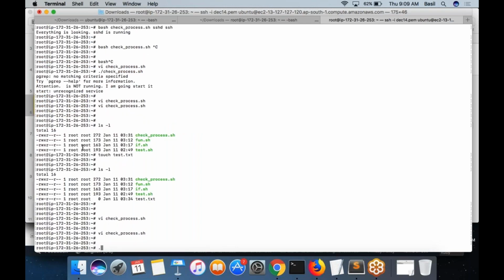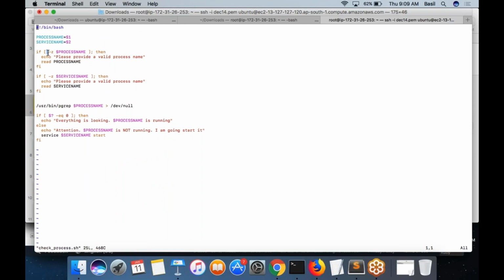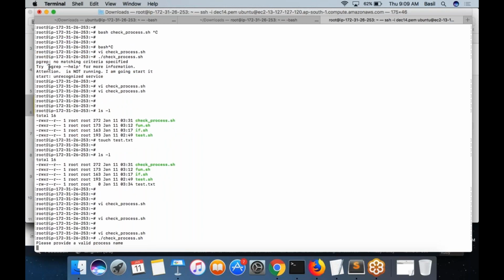Okay, now I'm going to execute it and I will show you. Basically, we added this if condition. So I did not provide any process name. Then the if condition found that the process name is null. It is asking me for a process name. Basically, it is waiting for my user input, the read command.